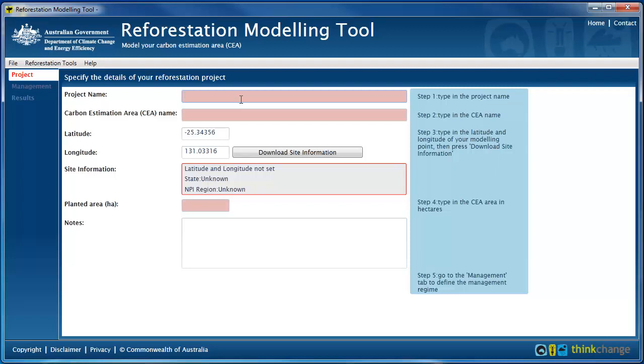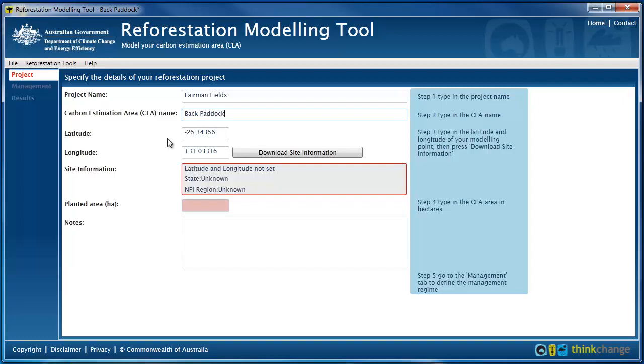So I will enter the name of my broader project, and then the specific area within that where I'm estimating carbon. My project name is Fairman Fields and I'm estimating the back paddock. Note, if I want to work out the amount of carbon in the front paddock, I have to create a different project using the Project Information tab.